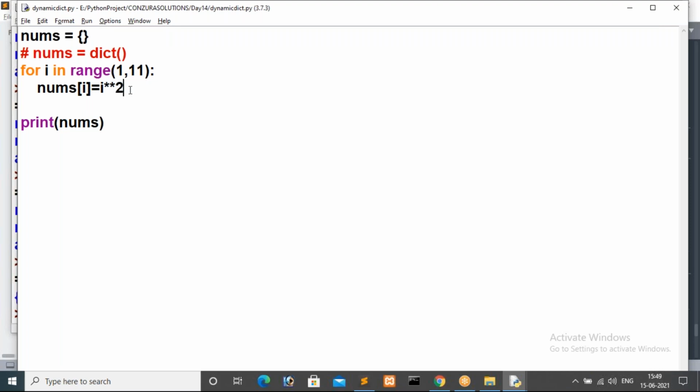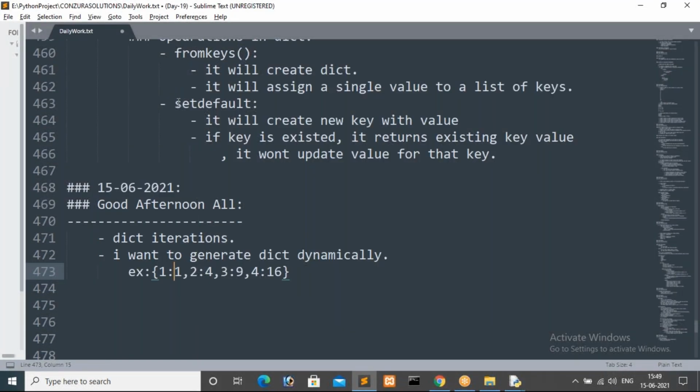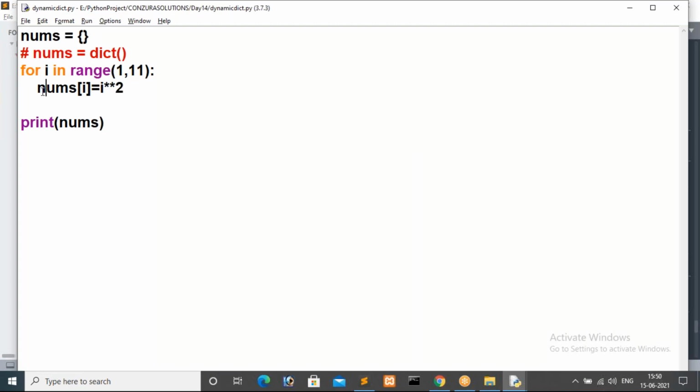In the same way we can use setdefault, guys. This is the basic procedure. Instead of going with that, we have a setdefault method. Inside the theory we have another way. The setdefault method also will create a new key with a value. We have that possibility, so we will see how it works. So I am going to comment this one. This is the basic procedure, I am commenting this. Now I am going to use the setdefault method.